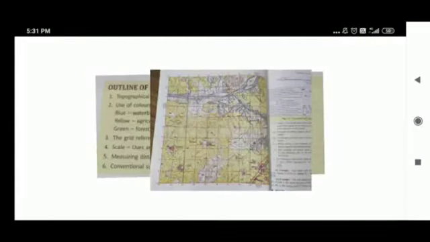So students, when we read about these topographical maps, we also have to know what the purposes of using this type of maps are. The purposes can be, it is used as a guide